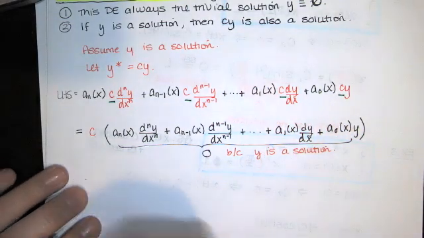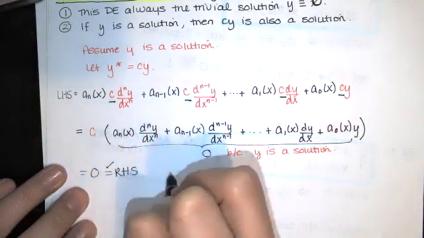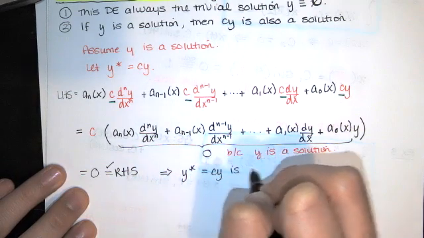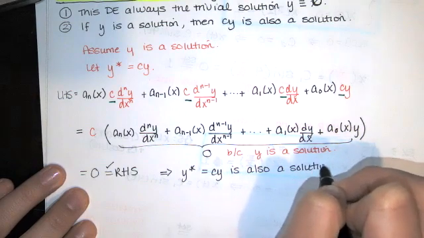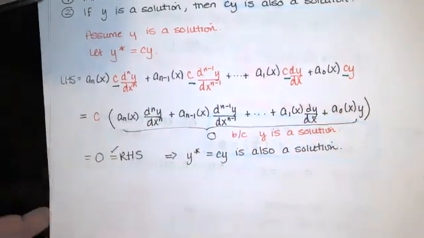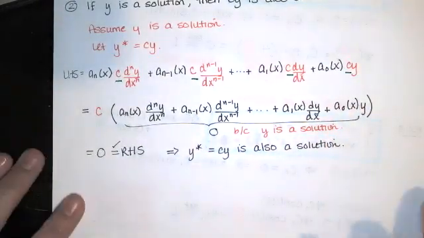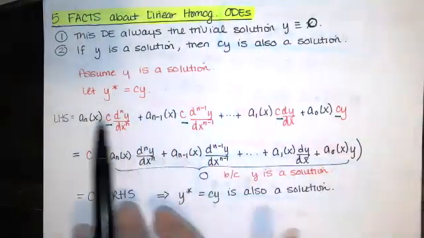So you've got c times 0, which is 0, which is the right-hand side. So that means that y star, which equals c times y, is also a solution. Now I know that that's a little abstract. We didn't do it for a particular differential equation. We just did it in general because I was trying to prove that this is true in general. If y is a solution, then c times y is a solution to this